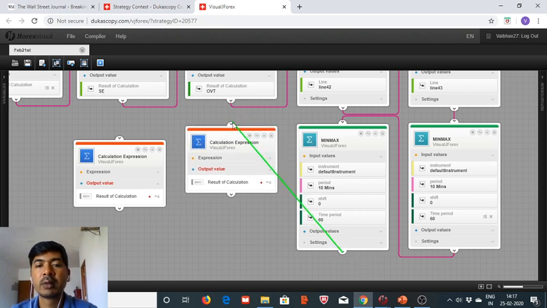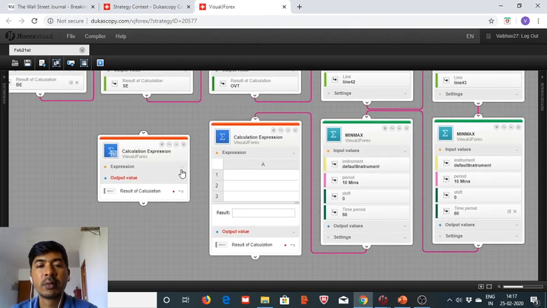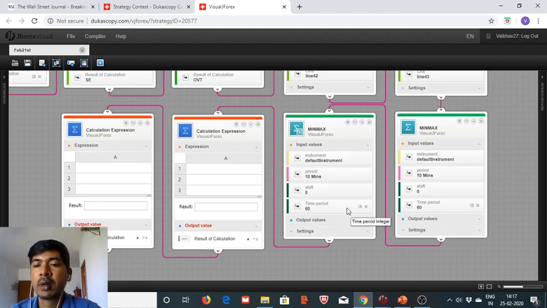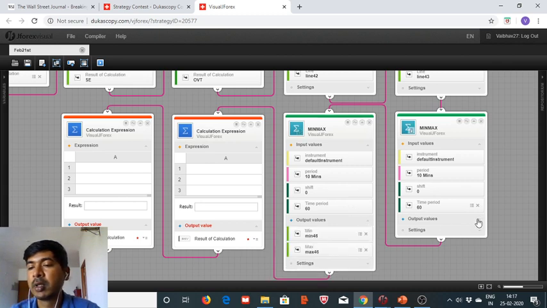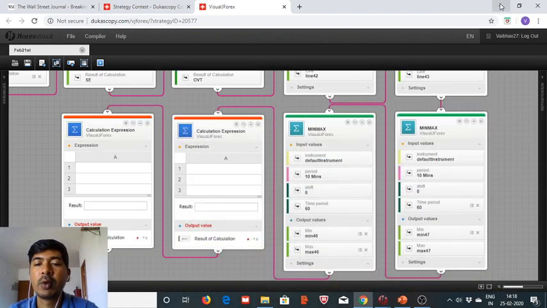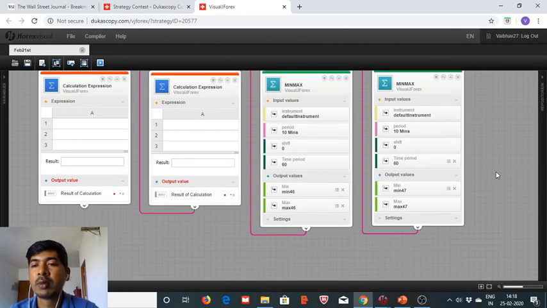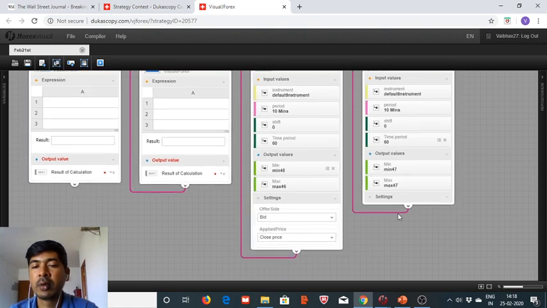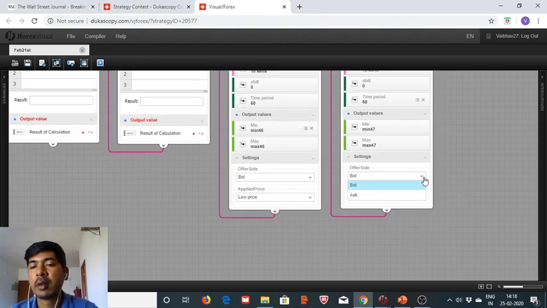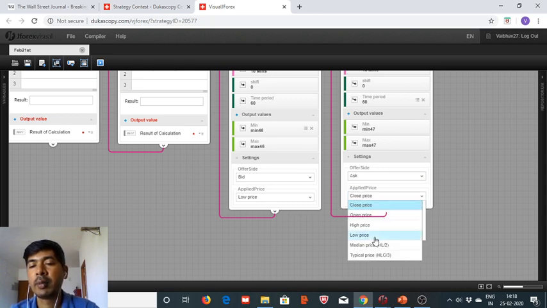We now connect this, and here we are. So we are going to need to define one as a shift 0 and another as a, so here we can utilize the bid and ask, and one should be of lowest value and another should be of highest value. So the output, it's good bid and the closing price. Instead of closing price, we take in the lowest price, and here we take the ask price, and with that the high price,